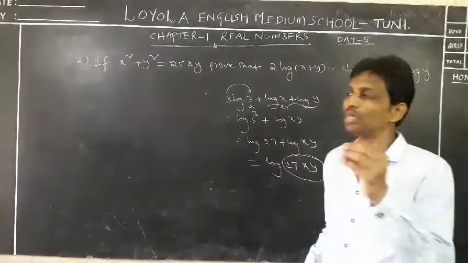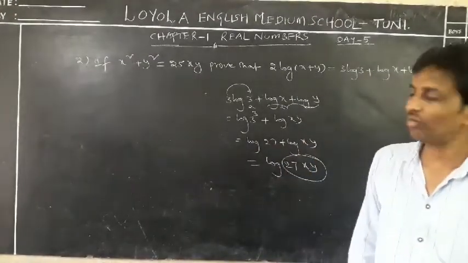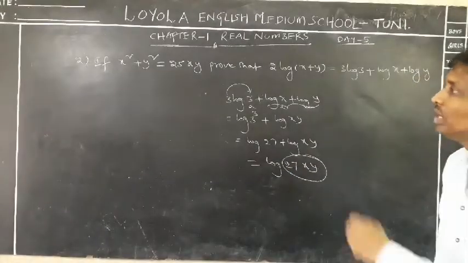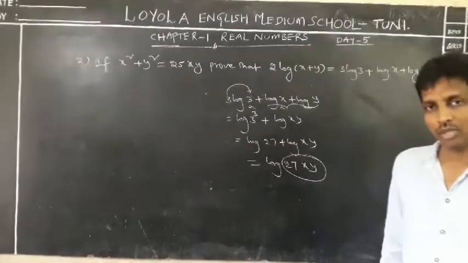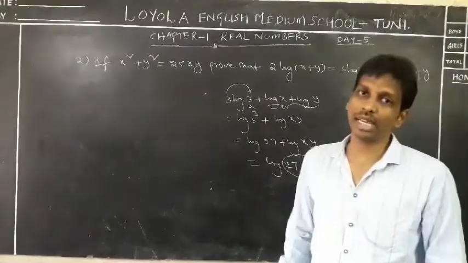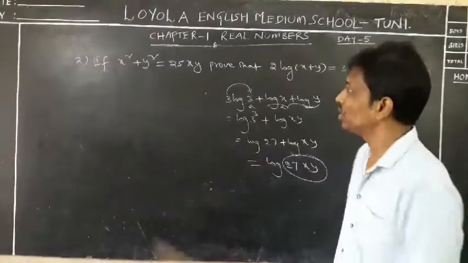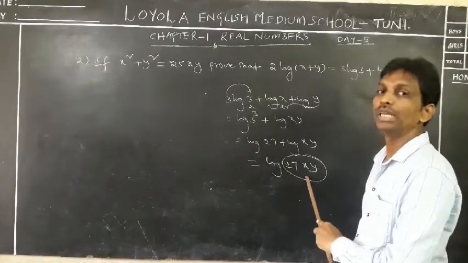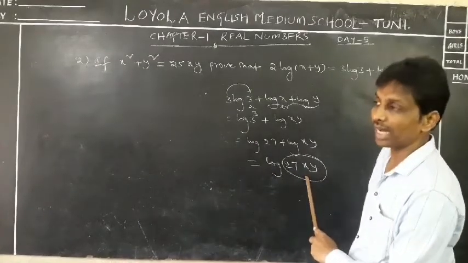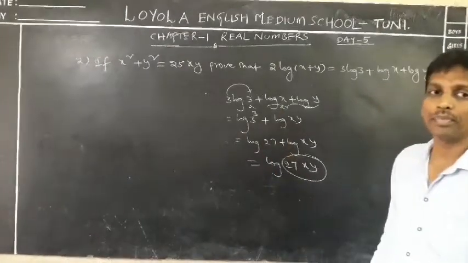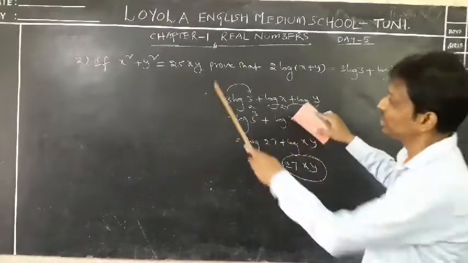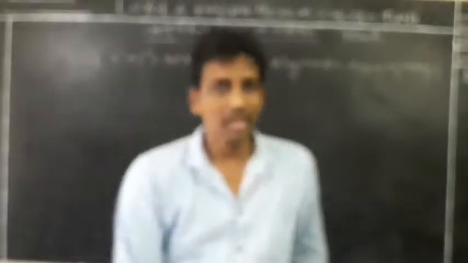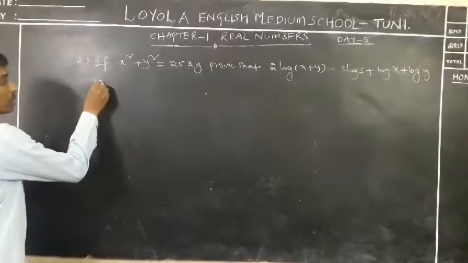So blindly don't try to write the answer. First of all, let us think what should we do in the RHS condition. Then only we get a decision. What should we add or what should we subtract to the given condition. So here given is 25xy, but in conclusion we must get 27xy. By adding or subtracting we get 27xy. Yes, by adding 2xy to this we get 27xy.